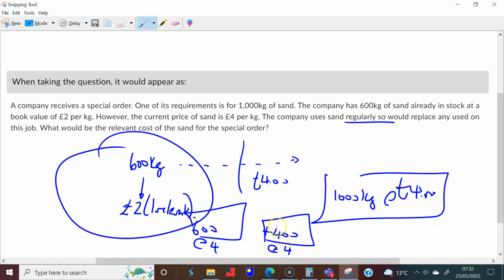So there you are. So ultimately, the relevant cost is £4,000, which is, if you like, the cost of buying 1,000 kilograms. Cool, great stuff. And that is the end of